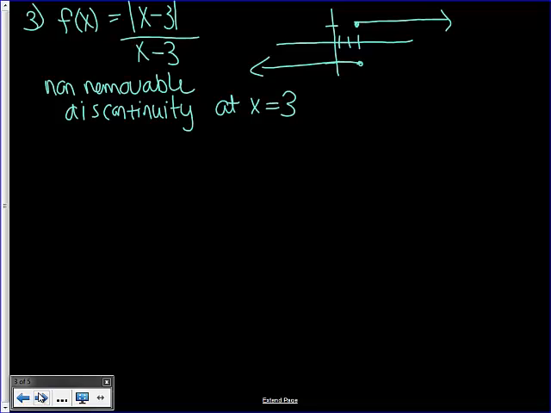Now, I could have another type of example show up, and this is a very, very, very popular AP question. It's one you need to know and be aware of. All right. So, for example,